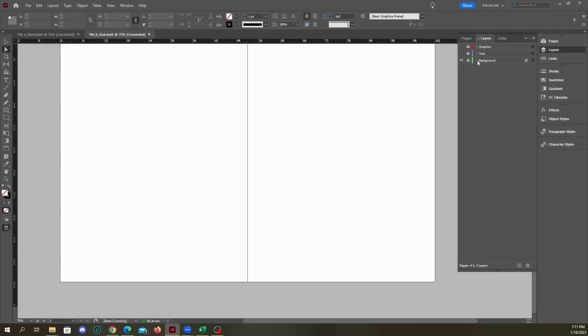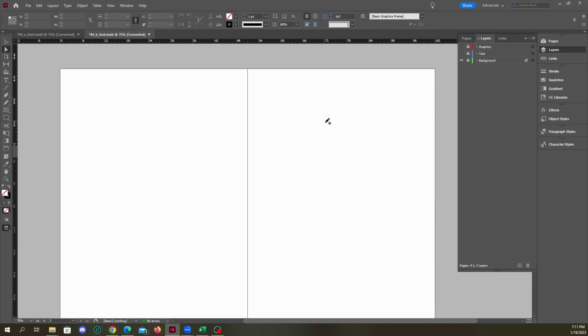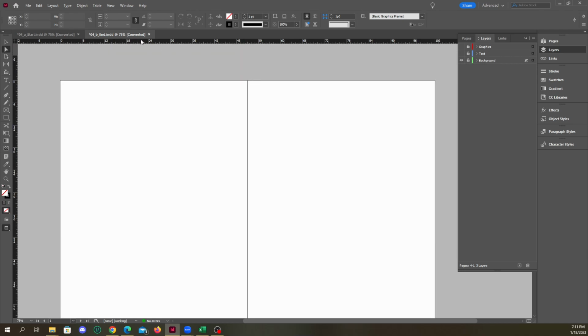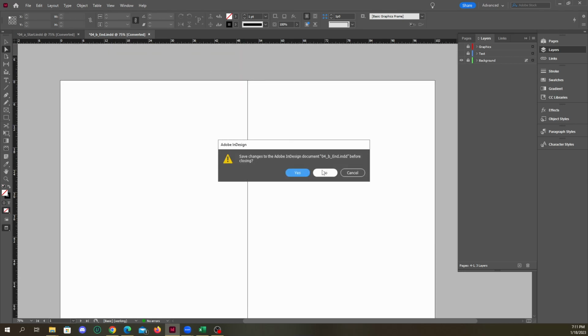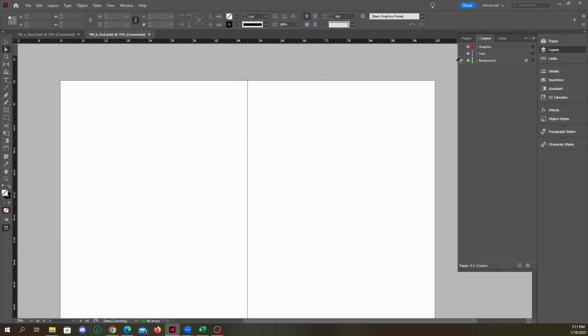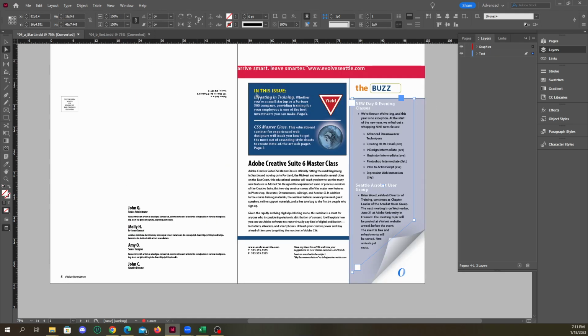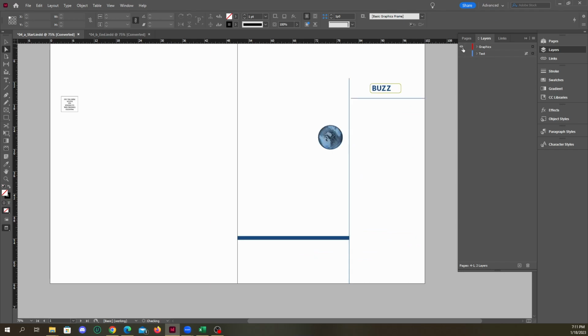Yeah, not sure why they have a background layer because it's empty. Anyways, we won't create a background layer since there's nothing on it. Let me just bring these back. But for the one that we're working with,